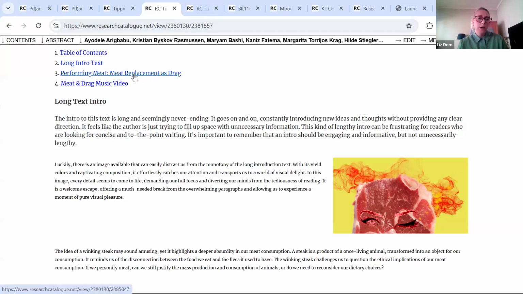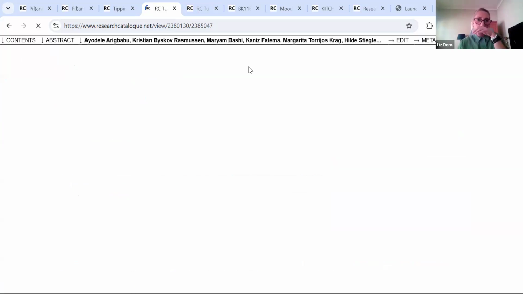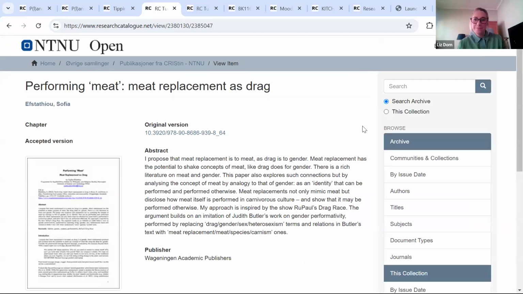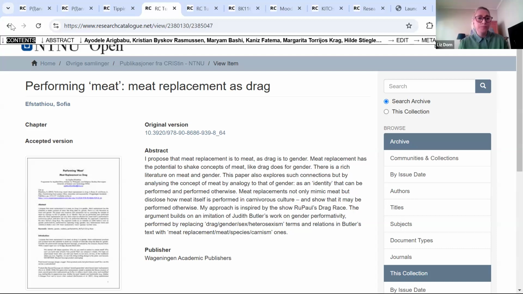So then here I can show you number 3. It goes to an iframe. This is also something that I wanted to show the students. So you can include iframes. This is content that lives outside of the RC and you can bring it into the RC. As you can see here, it has the research catalog's URL, but it links to something on NTNU Open, for example.